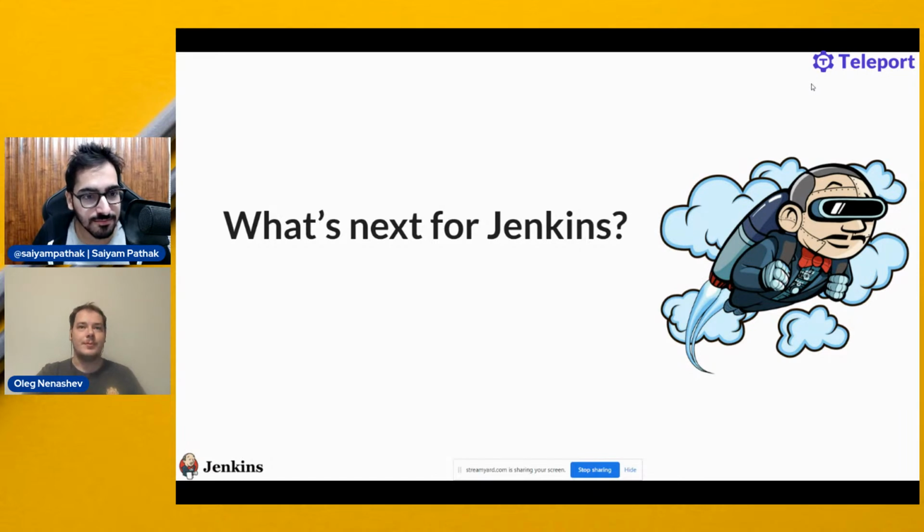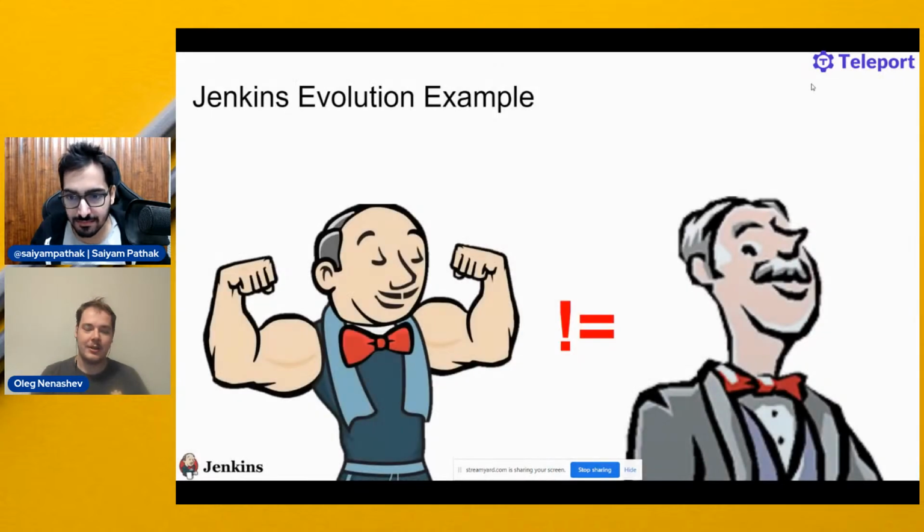Yeah, so Jenkins is a community-led project, so it evolves in directions where we have contributors. It means that everyone who uses Jenkins can participate in this direction just by contributing towards what you're interested in. One thing worth mentioning is that Jenkins changes, and it changes a lot. So we say that Jenkins is 15 years old. It's true, but it's also true that, for example,